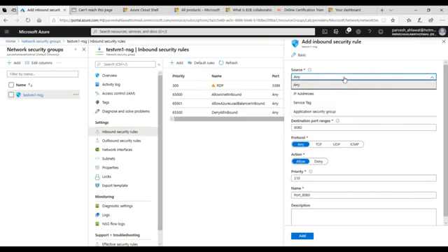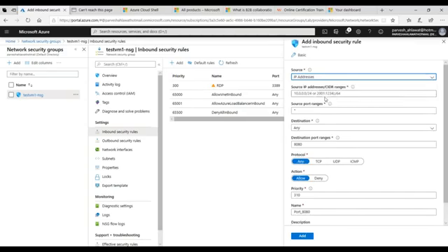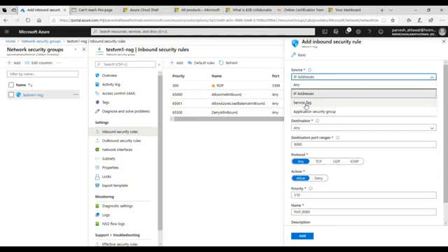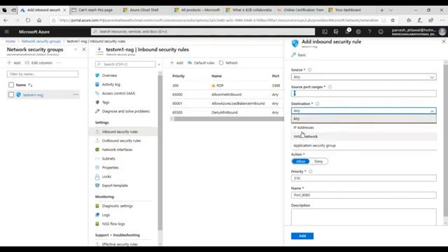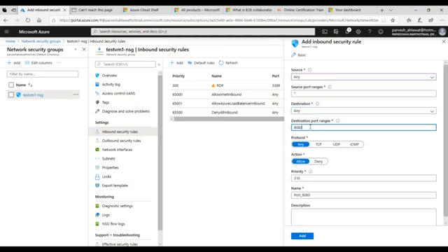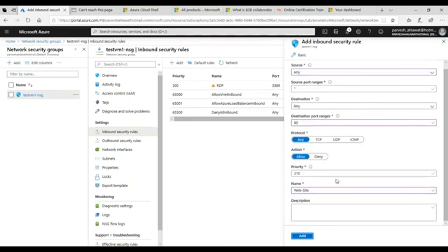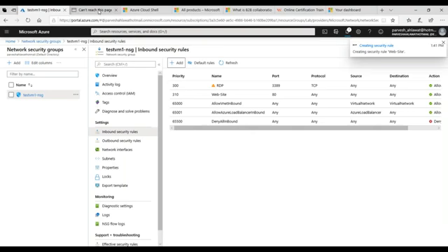So the source may be any, you can specify the IP address also, where the range of your on-premises network, the public IP address range you can specify. You can specify a service tag, application security group. So I will use any. The source port is any. The destination may be an IP address or any, and I will specify the port range, which is 80, and the priority, and I can name it web_site. The moment you add this rule,